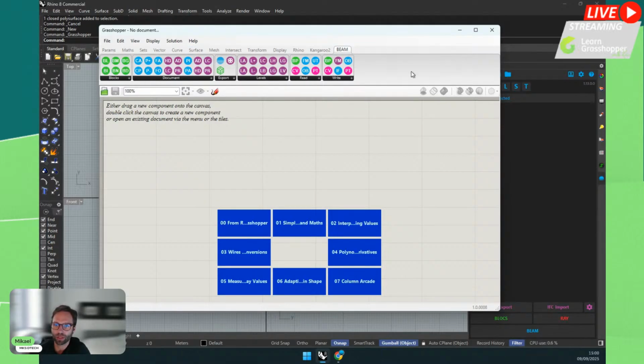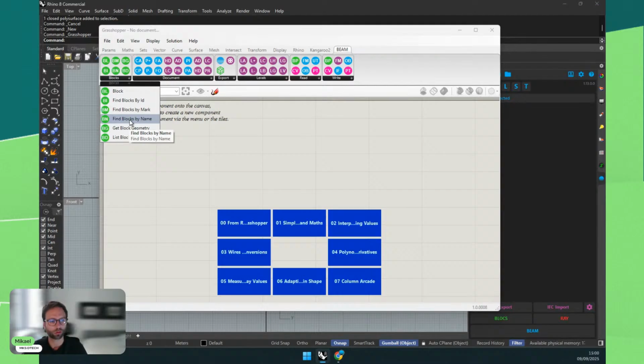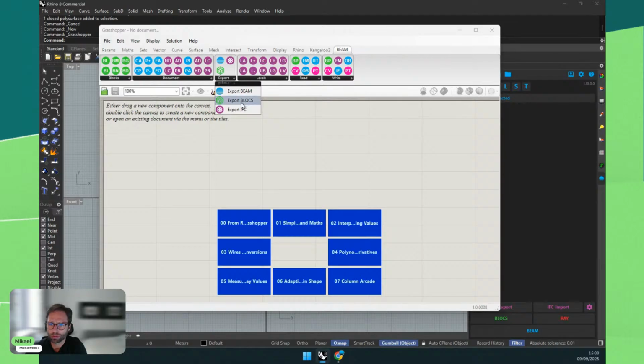So as you can see in Beam, we have a bunch of nodes, components, let's call it, available for different areas. We kind of color coded them, so more IFC related information would be the purple, and maybe blue is basic data from Beam, and green will be blocks. So we added some functionality also to be able to select blocks, as it is, at least in this version of Grasshopper, not native. And you can also automate export. These are for Revit, so we will be looking maybe at export IFC first.